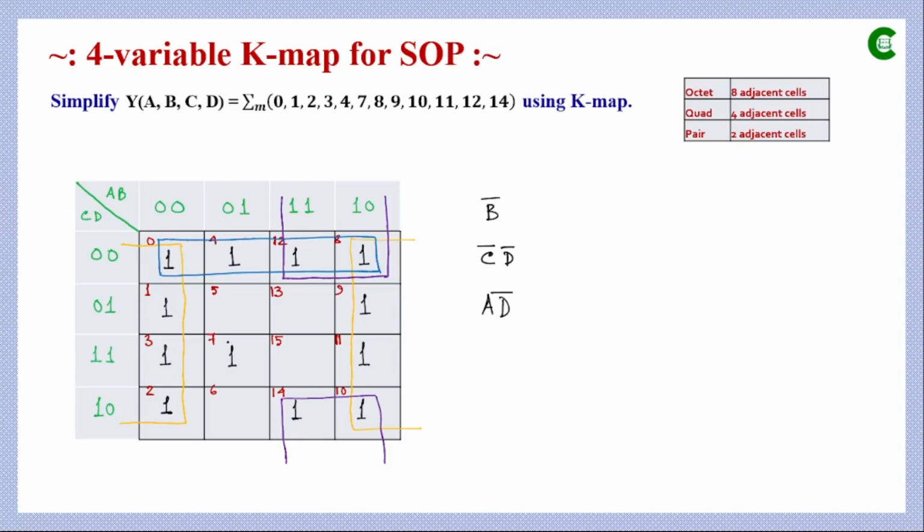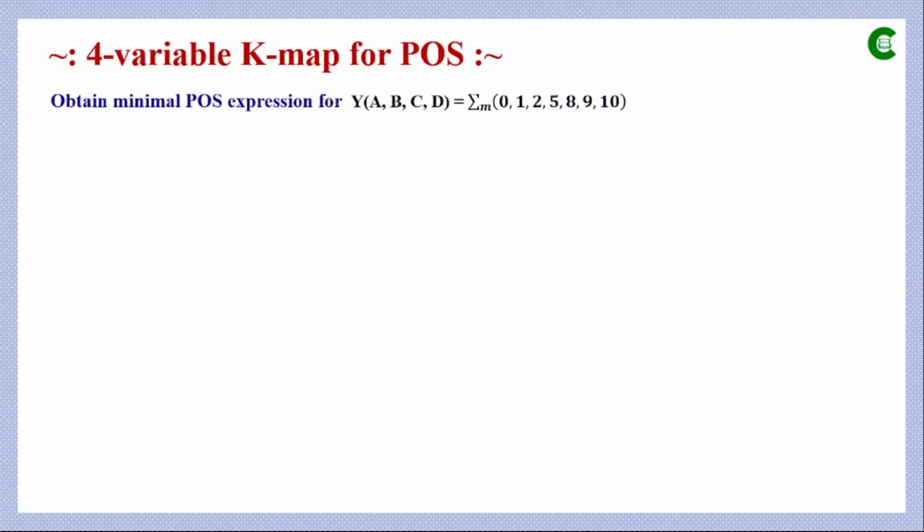Now still we have one here which is not part of any group yet, so by taking this one we cannot form any octet or quad, but easily we can form a pair between this one and this one, or this cell and this cell. And when we simplify based on these two cells, A remains same and that value is 0, so A complement, B is changing value, so B will be eliminated, and for C and D their values are 1, so it will be CD. So the modified Boolean expression will be